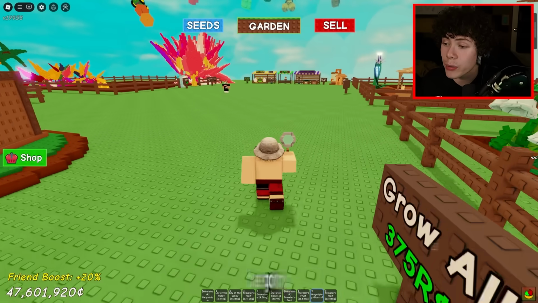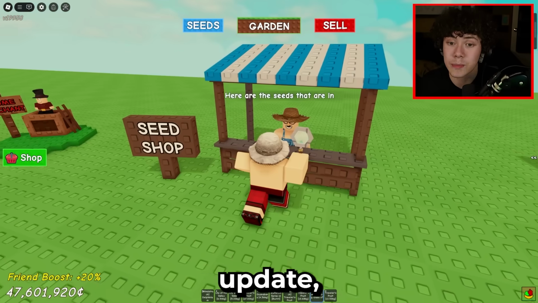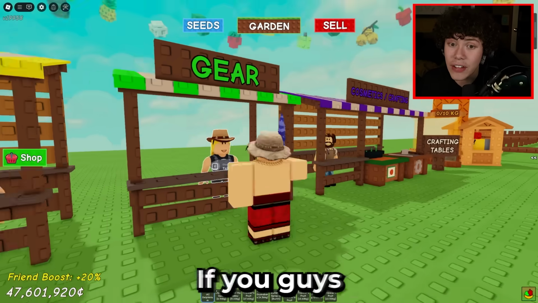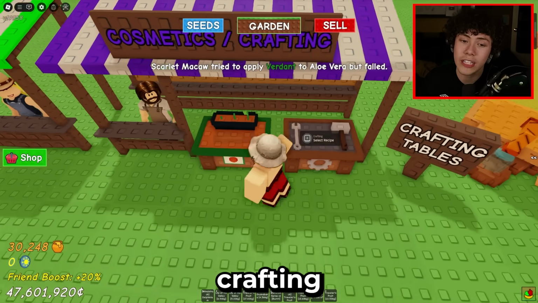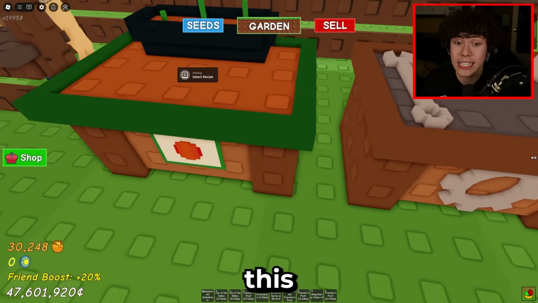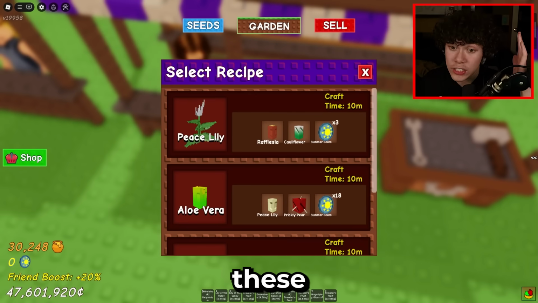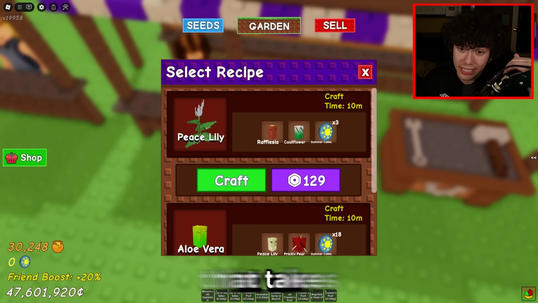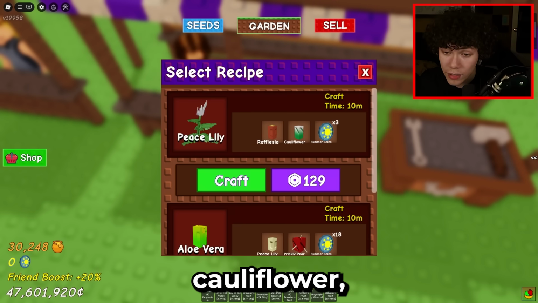The next thing we will be going over is the brand new plants that you guys can craft in this update. Guys, oh nope, that is the seed shop. That is just not the crafting shop. If you guys go over here to the cosmetic shop dealer where the crafting places usually are and click this crafting thing right here, you will see 3 brand new recipes. All of these recipes require summer coins. The first one being the peace lily that takes 10 minutes to craft and requires a rafflesia, a cauliflower, and